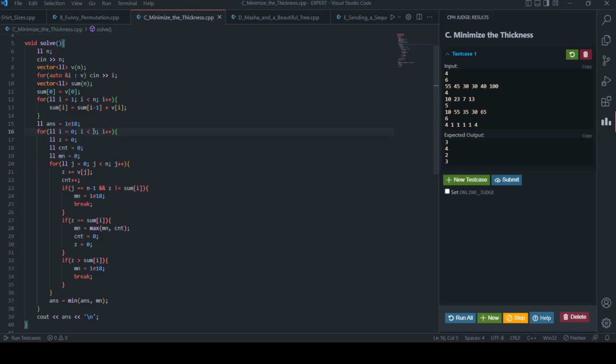So we'll run a for loop which goes from 1 to n, and we'll check the value of sum I, basically the prefix sums. We'll declare variables z, count, and min. I'll tell you what these are declared for. Then we'll declare a variable j, and run a for loop which goes from 0 to n, and we will take the variable z and add to it the value vz. And this is the sum of the subsegment,